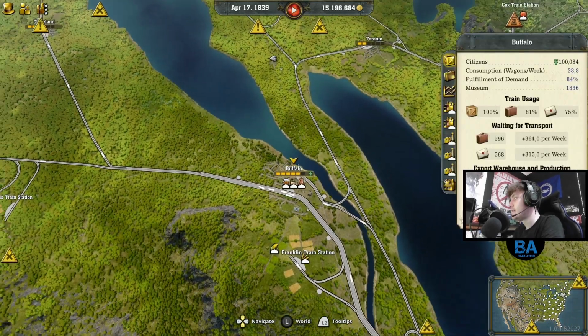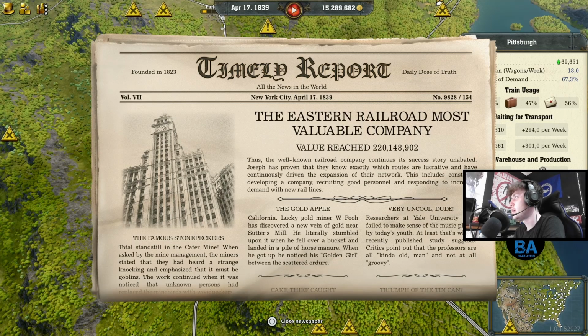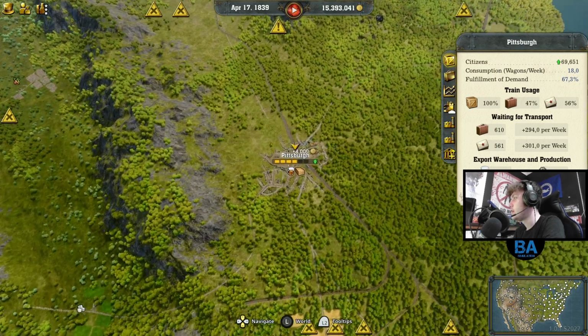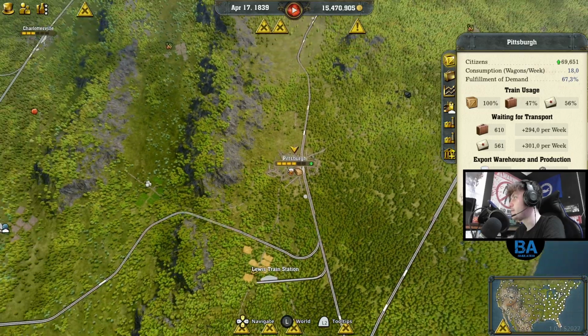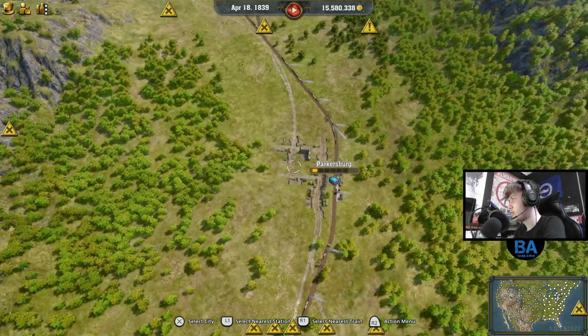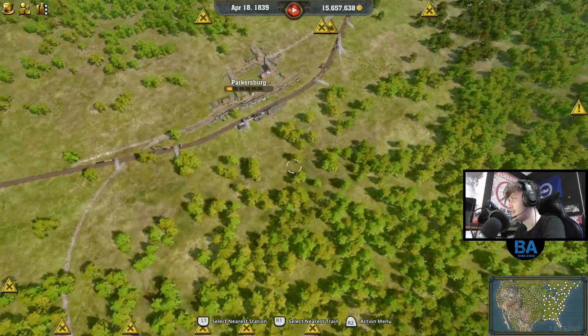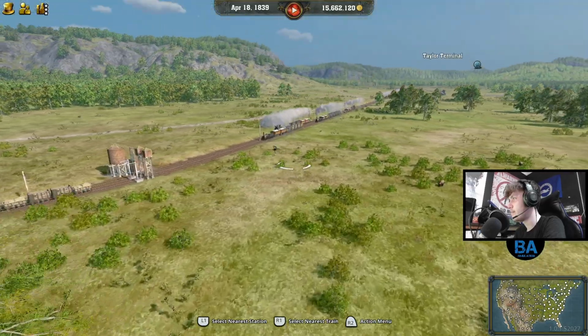Let's see. Yeah, Pittsburgh has grown to a 4-bar place now. 220 million, wow. 67% fulfillment of demand, that's good. Parkersburg. Oh my god. We've got a little bit of a train jam. What is going...